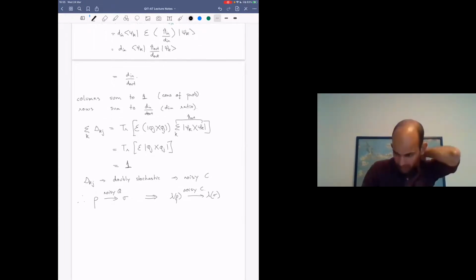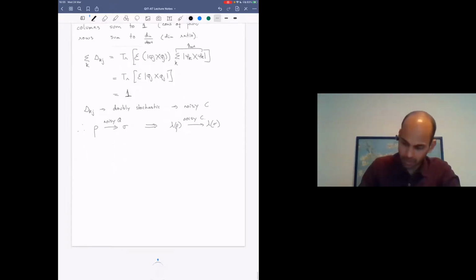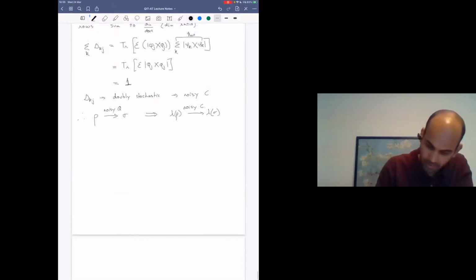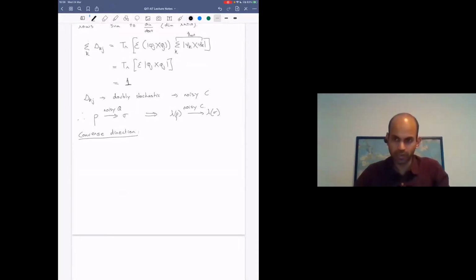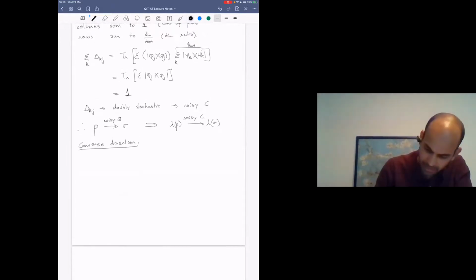Okay. And now we want to prove the opposite direction. So for the converse direction, I'm not going to go into the entire proof, but the key to understand is that we start in the other way. So we have that lambda of rho can be taken to lambda of sigma by a noisy classical operation. And this implies that there is a